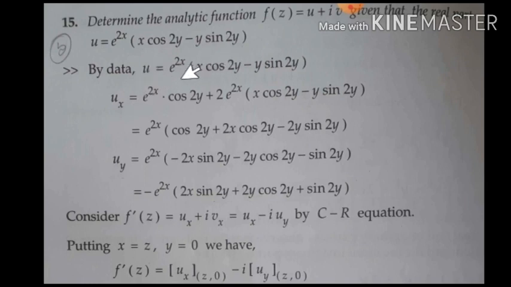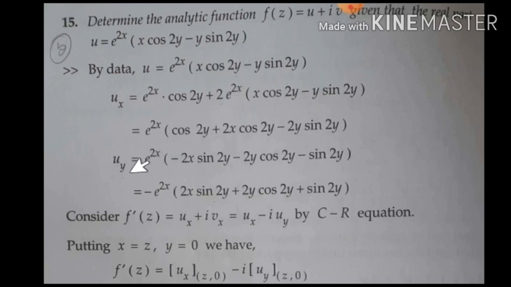So apply the product rule. Here only you need to apply the product rule because x is here and here. So e to the power of 2x as it is, cos 2y constant as it is, derivative of x is 1, plus x cos 2y, they have kept this whole term as it is because here it is constant. No x term is there, and differentiated e to the power of 2x is 2 into e to the power of 2x,